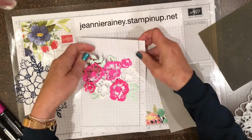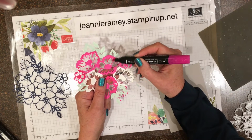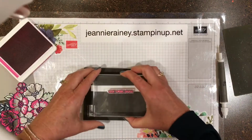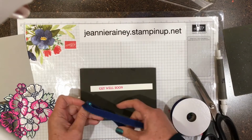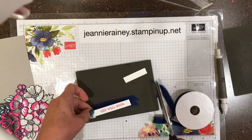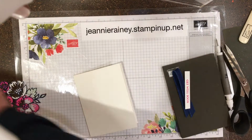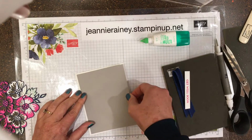Okay. Using Magenta Madness for the sentiment. Get well soon. And we're going to use the ribbon. Okay, burnish the card base. We can start layering the card front, cardstock of Gray Granite,